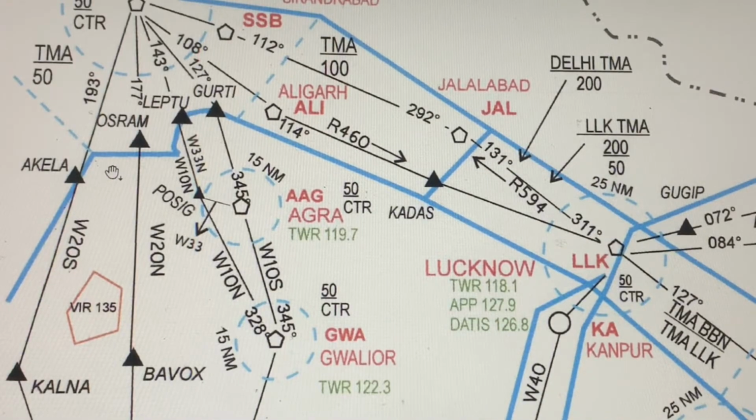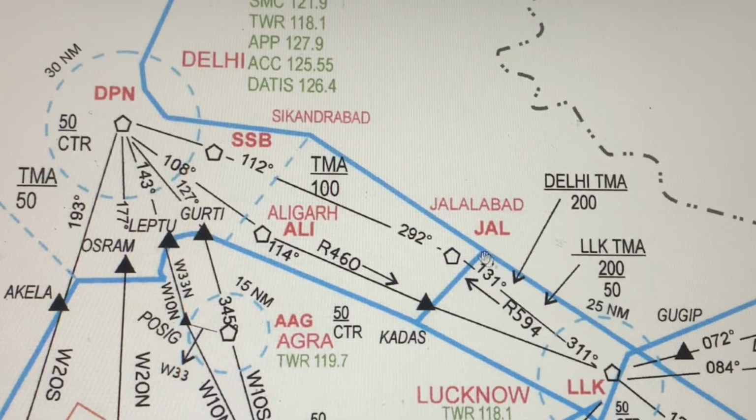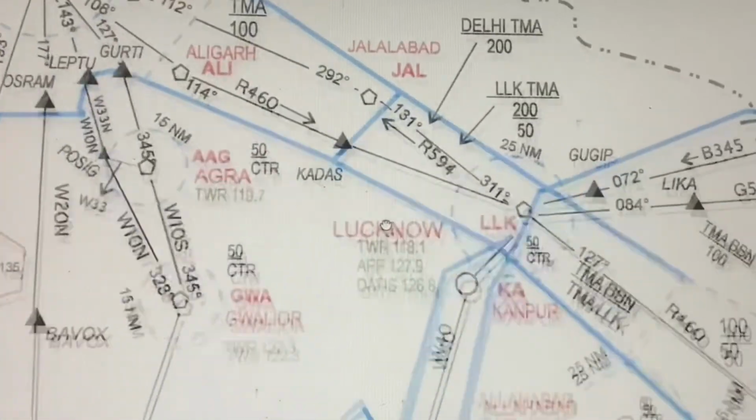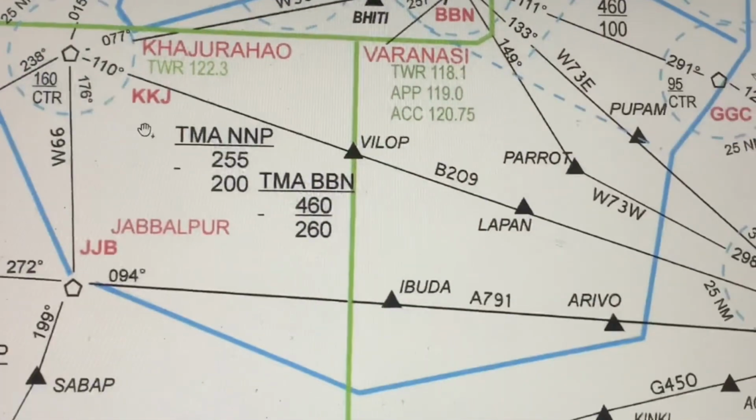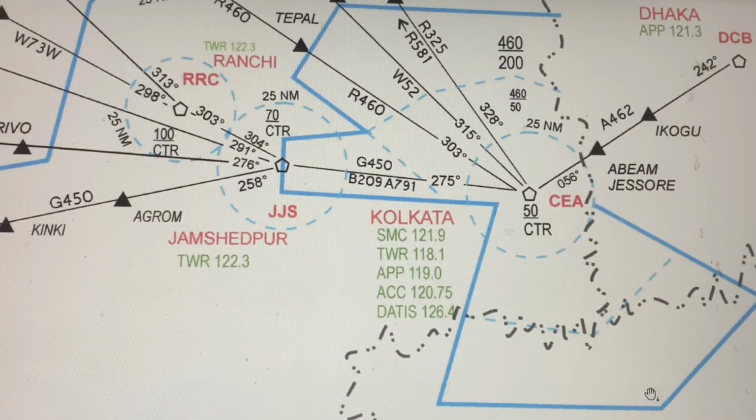Next, what about this blue solid line? This blue solid line represents your terminal maneuvering area. Like for Delhi, it is extending here, all this is your Delhi terminal area. Likewise, let's check for Kolkata. So this is your Kolkata, this is the terminal maneuvering area, TMA, of Kolkata. This thick blue solid line which you can see represents your terminal maneuvering